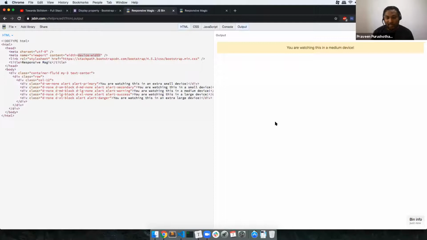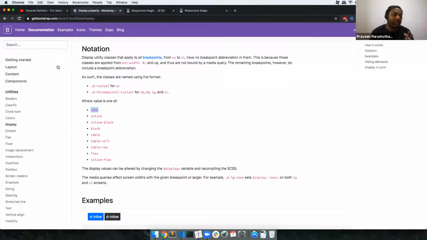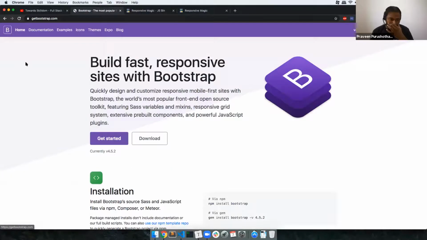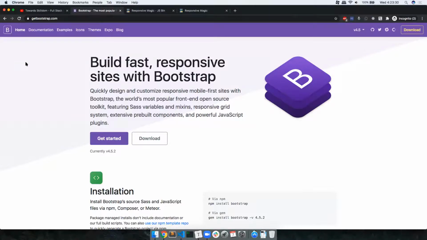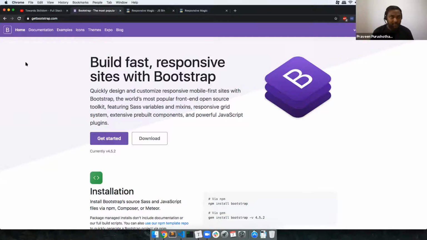Maharajan asks, why are we using Bootstrap? Bootstrap is one of the best tools to build responsive designs. It is always easier for us to go with Bootstrap rather than reinventing the wheel. There are two reasons for it. One, yes, we need to know the basics, but knowing the basics is fine to an extent. I'll be teaching the basics as well, so when you go to that list of videos, you'll be able to see how we can do it.